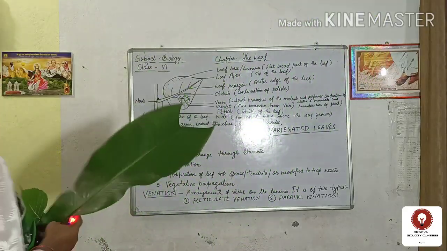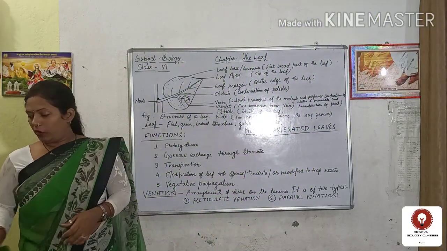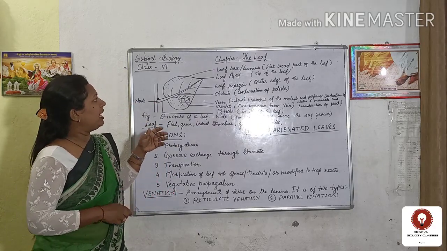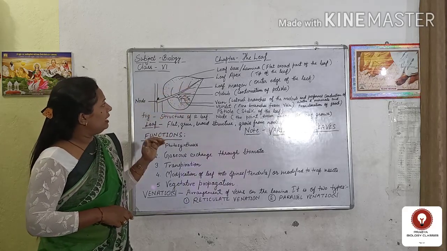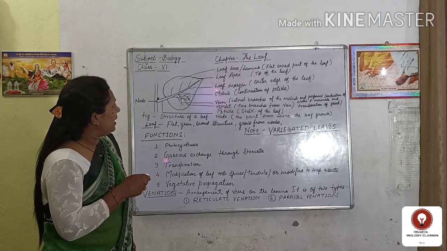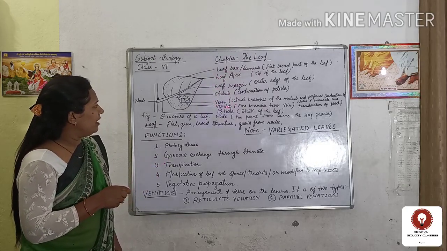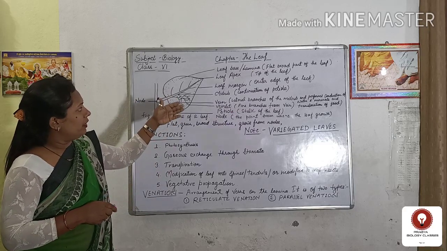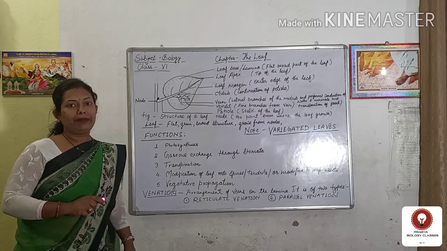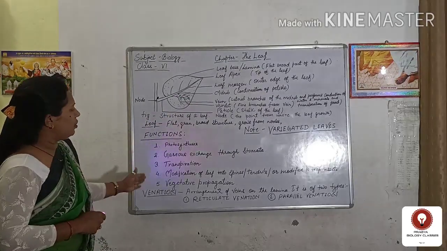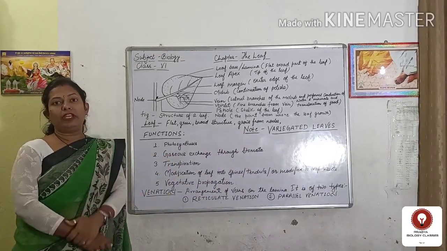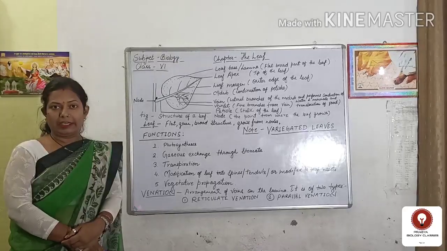So I think all these points are clear for all of you. What is the structure of leaves, and what is the function of different portions of the leaves? I have clearly mentioned here: leaf base, leaf apex, leaf margin, midrib, vein, veinlet, petiole, and the function of each of these structures I have also mentioned here. So you have to write in points what is the function of the leaf, what is venation, and what are the different types of venation. I hope all these points are clear.